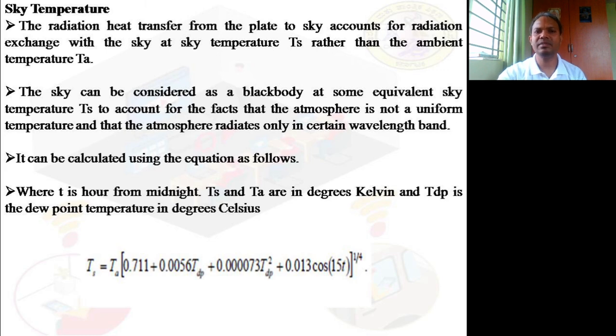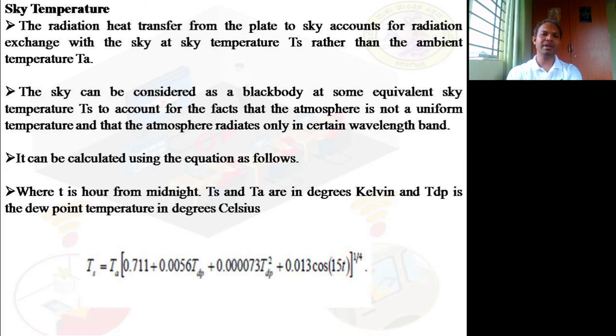Basically, what is this dew point temperature? It is the temperature to which air must be cooled to become saturated with water vapor. When cooled further, the airborne water will condense. That is the idea behind the dew point temperature. It can also be defined as the temperature at which water vapor in a volume of air at constant pressure will condense into liquid water. It is the temperature at which the air is saturated with moisture. Air must be cooled. Is that clear? So that is what we call the dew point temperature.